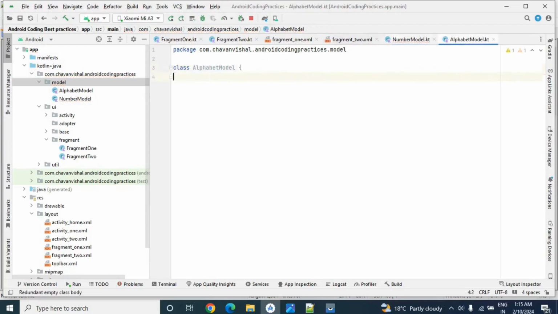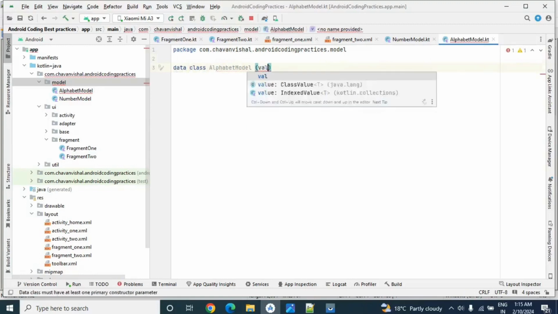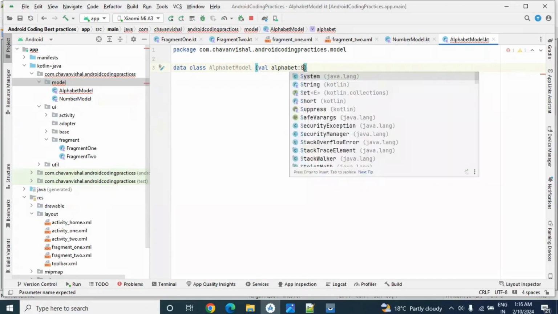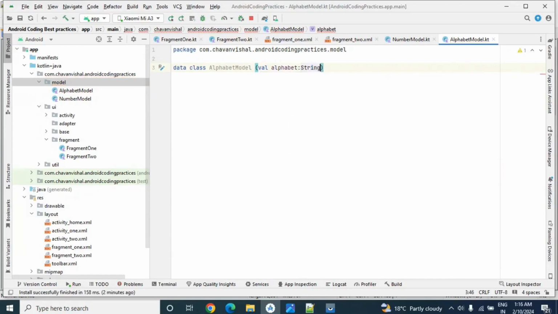Okay, and in alphabet model also data class alphabet model. Here we will declare val alphabet of type string. Okay, now we have declared these two model class.